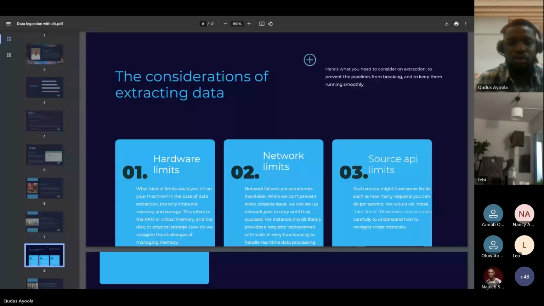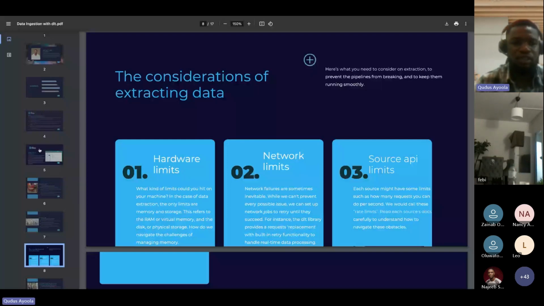DLT can help you overcome such situations too, because if you read through the documentation of where you are pulling from, there is usually a limit or some obstacle whereby when you try to run a fetch query to get data from the sources, it will run into a particular limit after some time. This will happen a lot for people that try to scrape data from websites, or get data from different web APIs, whereby there are rules on how much data you want to fetch from those websites.